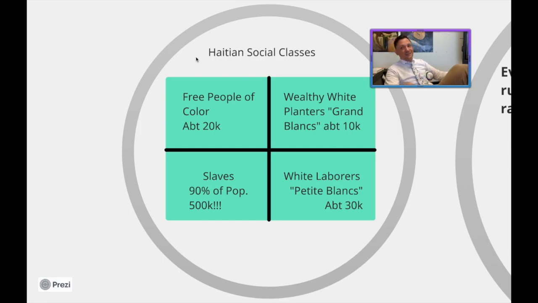Remember, we talked about this a lot when we were talking about colonization, that most of the Spanish colonists were single men, and there weren't very many European women there, so there was a heavy amount of mixed race people as well. At the time they were called mulattoes, but I don't like to say that word.